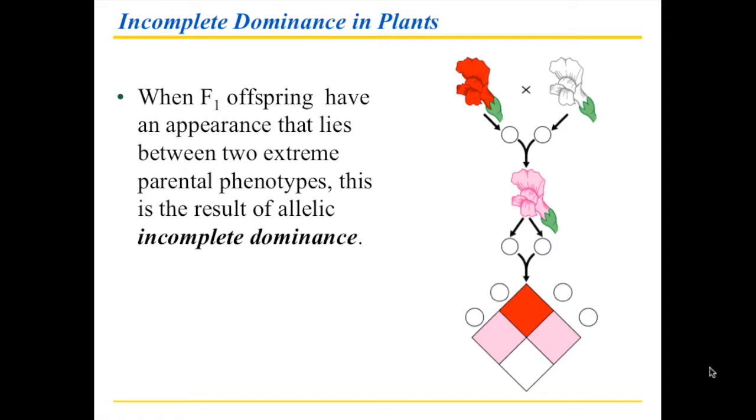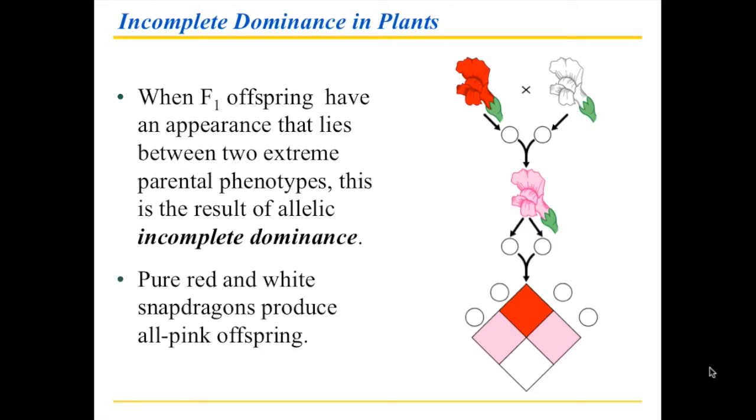Now the blending does not mean Mendel was wrong. It simply means that the particular aspect of how color is produced is a little bit different. Mendelian genetics still works, as you'll see. It just has something to do with the red and white color, in snapdragons in particular. So if we set this up just like Mendelian genetics, and we start with the pure breeding red and the pure breeding white snapdragons, and then we form the gametes and we create the first filial generation, then you will see that they are all, 100% of them, pink.